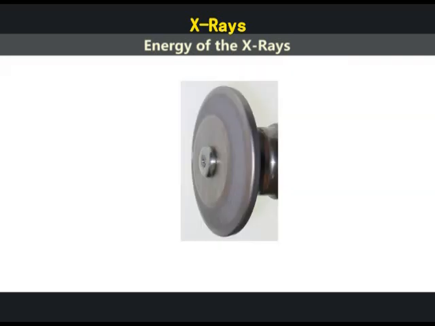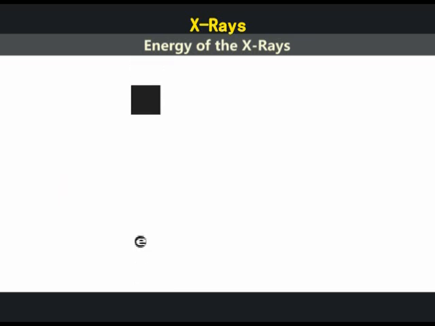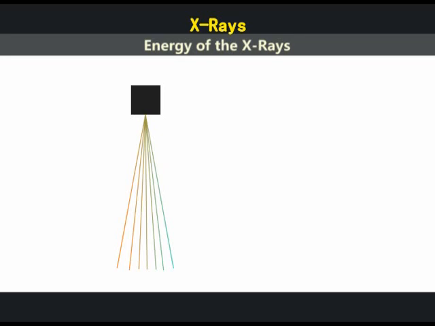Remember that when an electron is suddenly stopped at the target, much of its kinetic energy is converted to heat and a very small amount is converted to X-rays. For a given accelerating potential difference, the X-rays produced have varying wavelengths. The shortest wavelength, lambda minimum, corresponds to a collision in which all the kinetic energy of the electron is assumed to have been converted to